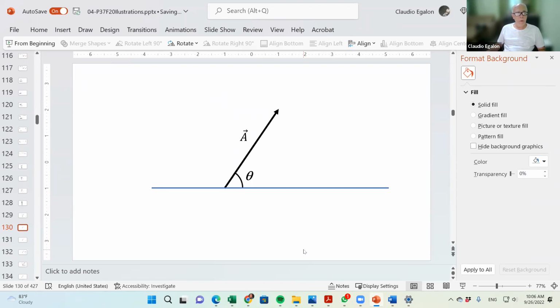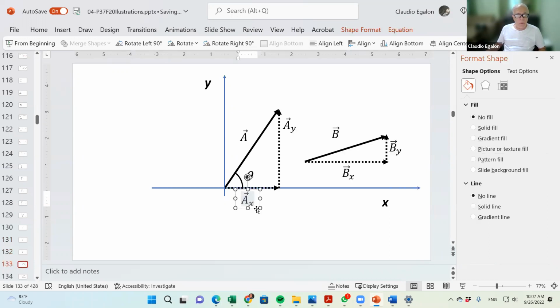So what we can do is express this vector in the Cartesian coordinate space. We first put the x-axis that we already had there before, and the y-axis, okay? And put the origin of the coordinate system at the tail of the vector for now. And what else can we do? We can do the following.